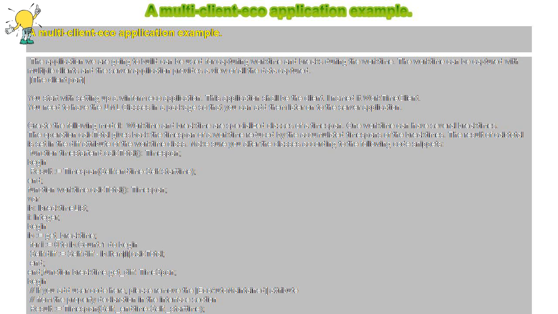provider := BinaryServerFormatterSinkProvider.Create; provider.TypeFilterLevel := TypeFilterLevel.Full; // needed for serialization. props := Hashtable.Create; props['port'] := port; chan := TcpChannel.Create(props, nil, provider); ChannelServices.RegisterChannel(chan); RemotingConfiguration.RegisterWellKnownServiceType(typeof(EcoPersistenceMapperProvider), 'TestServer1', WellKnownObjectMode.Singleton); And, to finish setting up the persistence mapper provider,